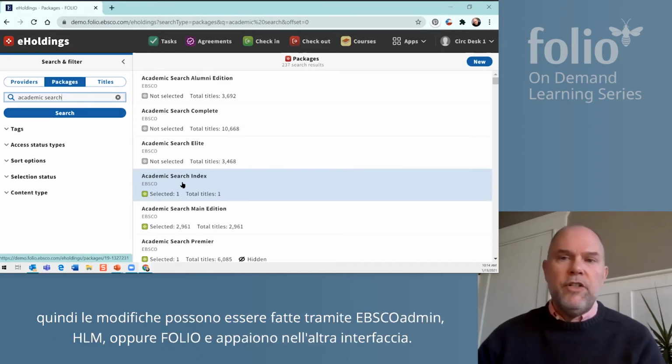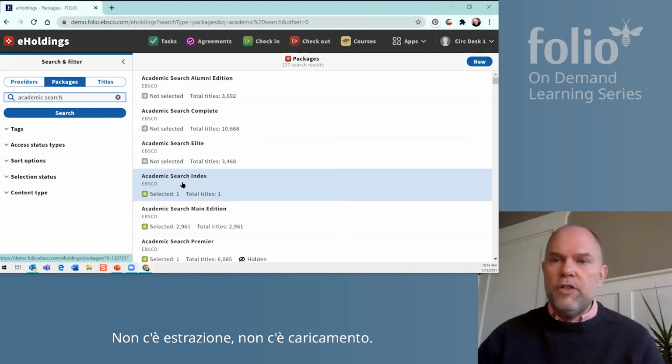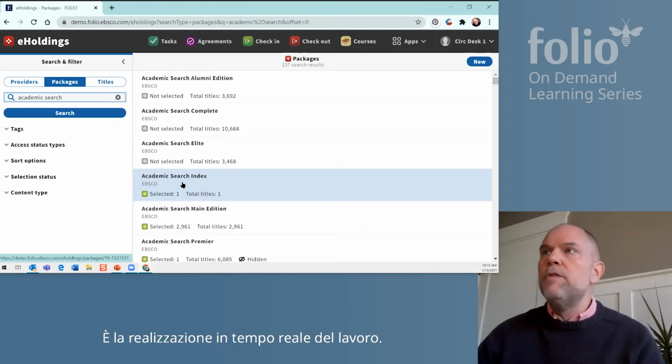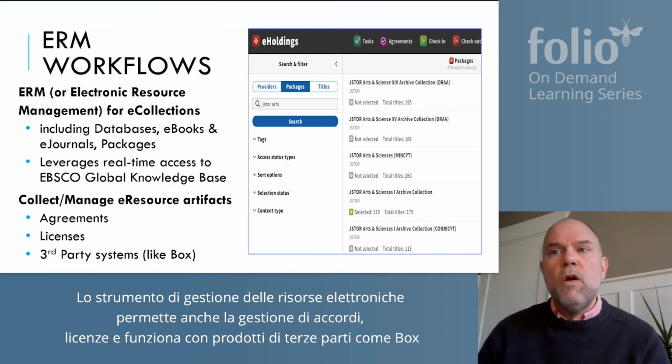And so changes can be made in EBSCO admin, HLM, as well as Folio, and show up in the other interface. There's no extraction, there's no loading, there's no copy and pasting. It's real-time work, it's real-time realization of efforts. The e-resource management tool also allows